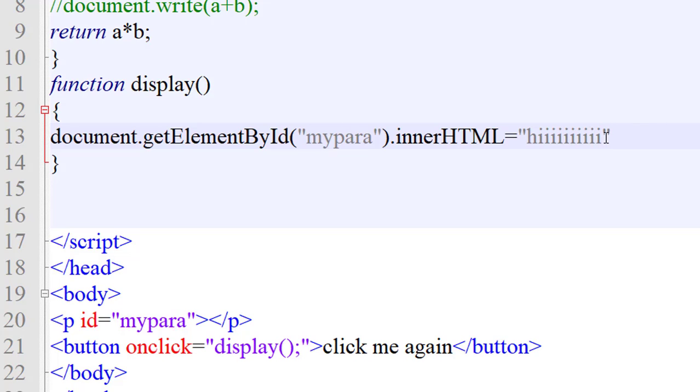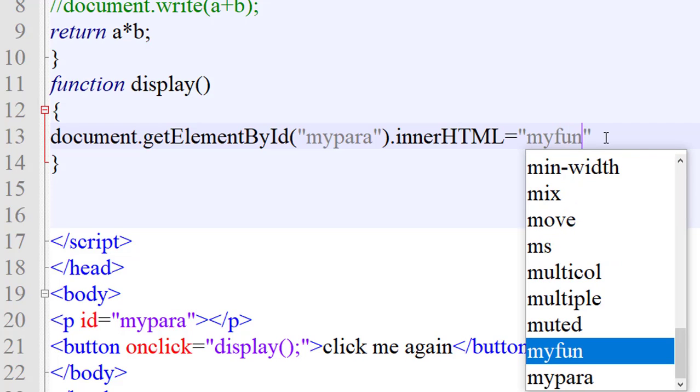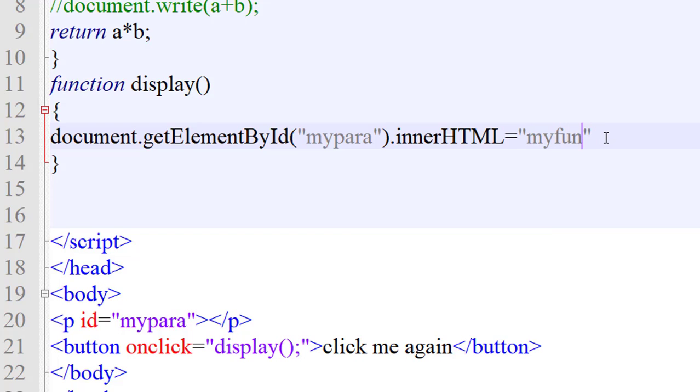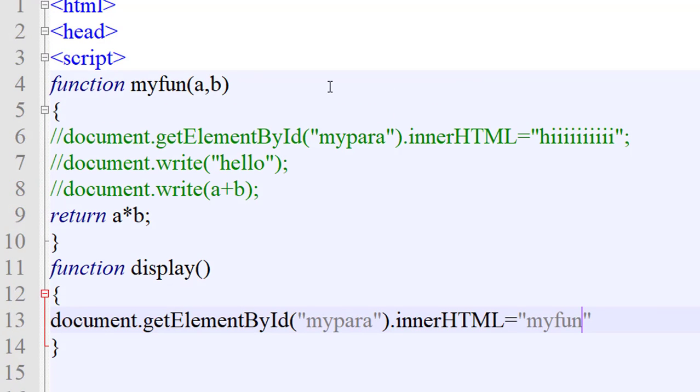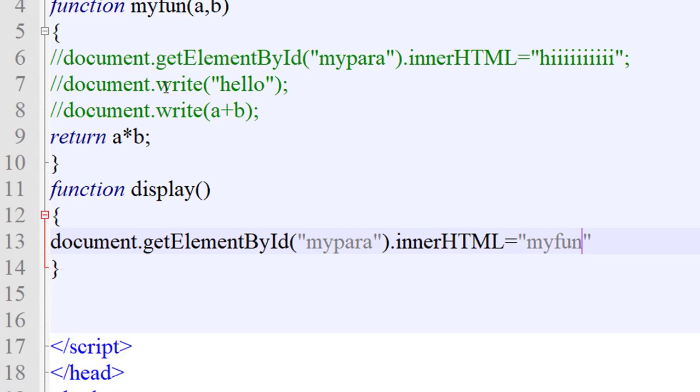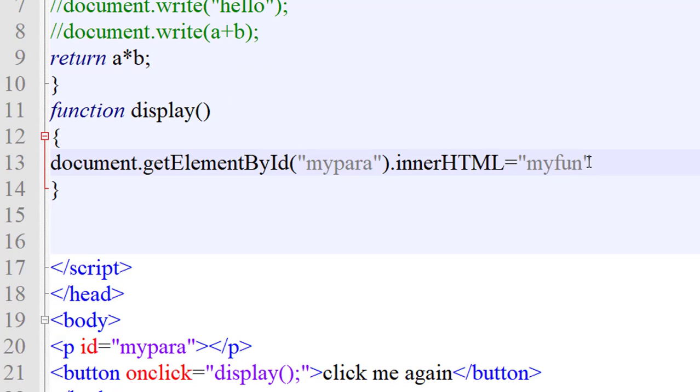In the display function I just want to pass the value of my function, my fun, because that is the name of the function, and pass the values 4,5.